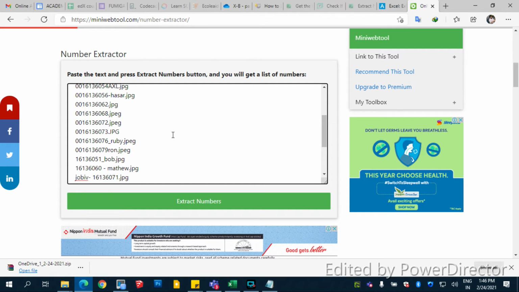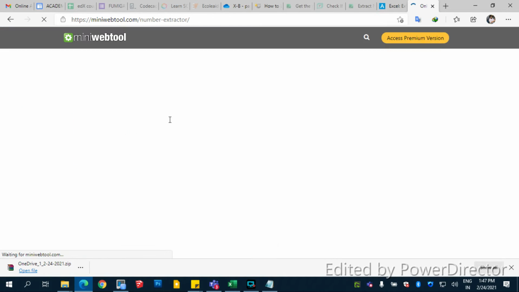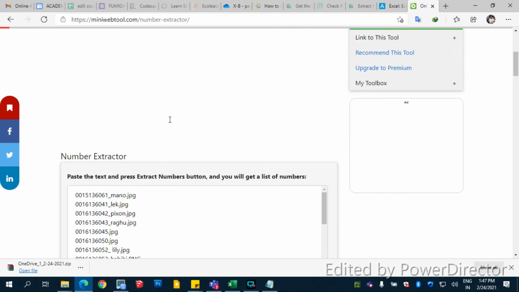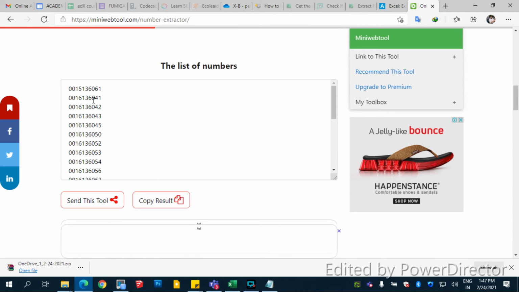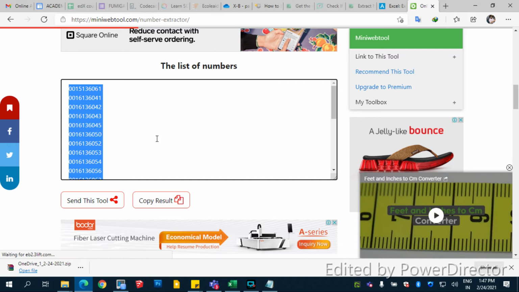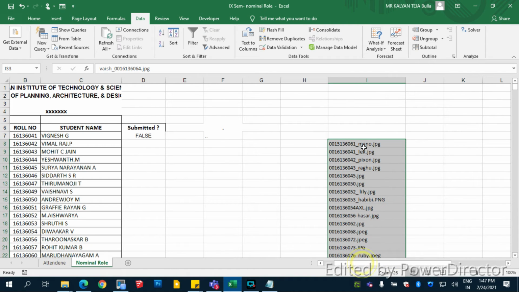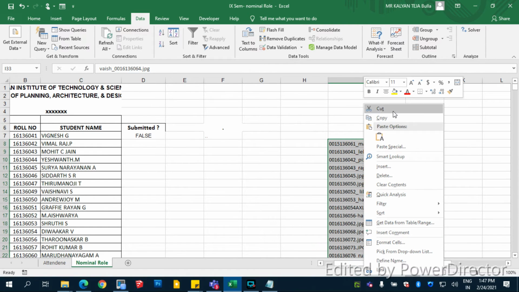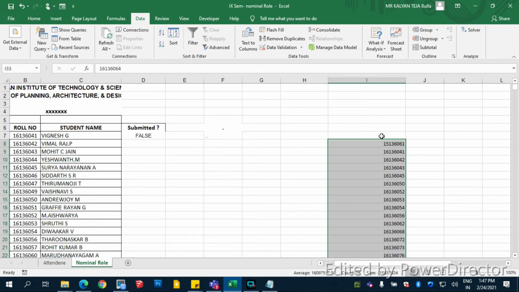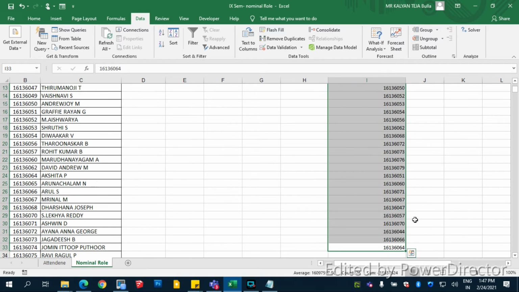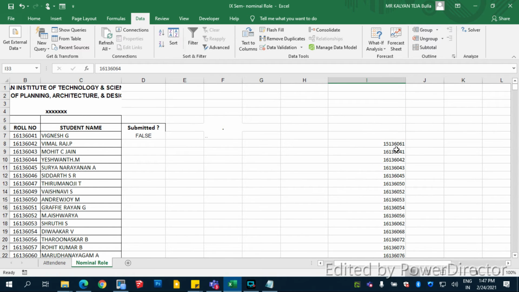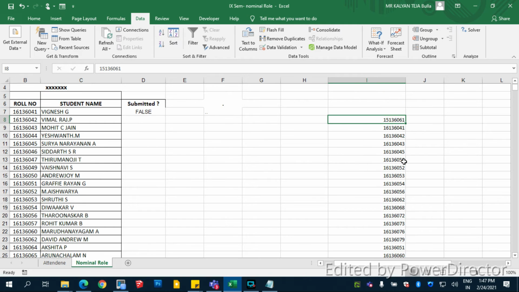Once you copy paste the text, click on extract numbers, and the page reloads giving you the results. Ctrl A, Ctrl C. The best advantage of this is it is row-wise compatible with Excel, so the data falls row-wise. We will replace it, paste. You see all these numbers here.